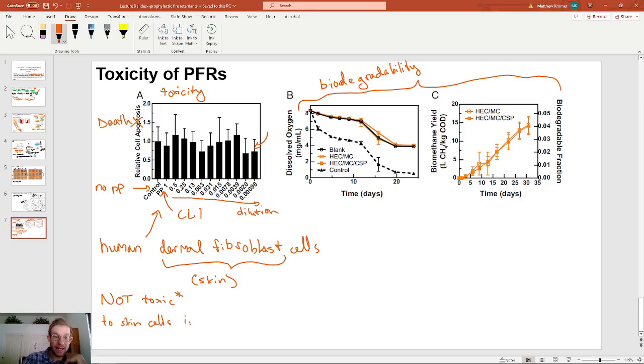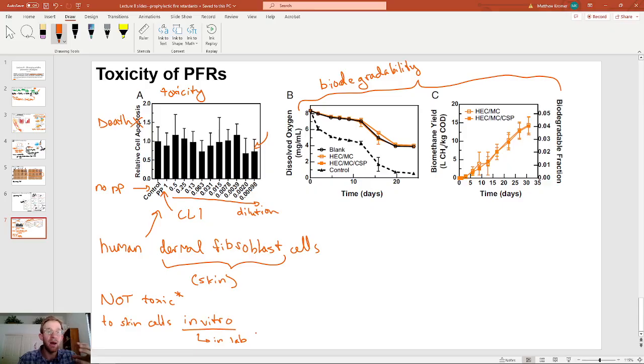So what we like to say in vitro in science, in vitro just means in the lab. So this is a huge asterisk because this is not a living organ, like a living functioning organism. They literally just took skin cells and put it in a petri dish and saw how many died when they exposed it to this stuff. So it certainly is a nice proxy for how this would interact with humans if you got some on your skin, let's say, as you were applying this stuff to plants. But it is not at all indicative of